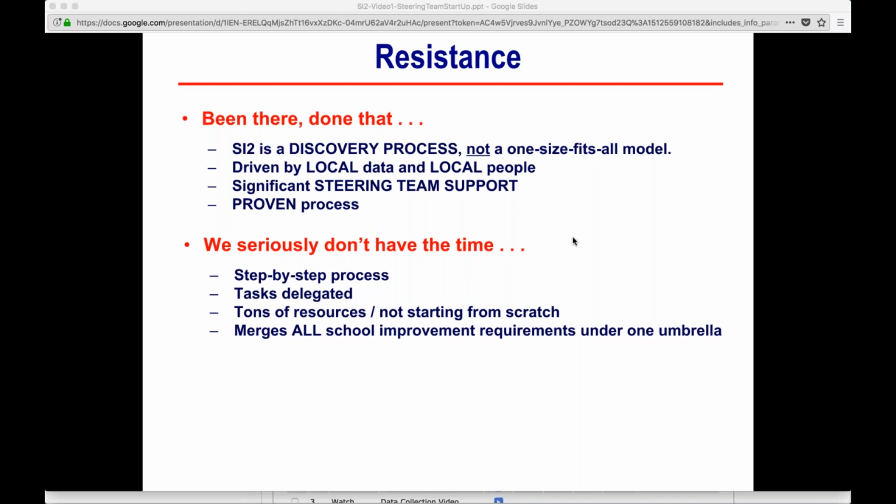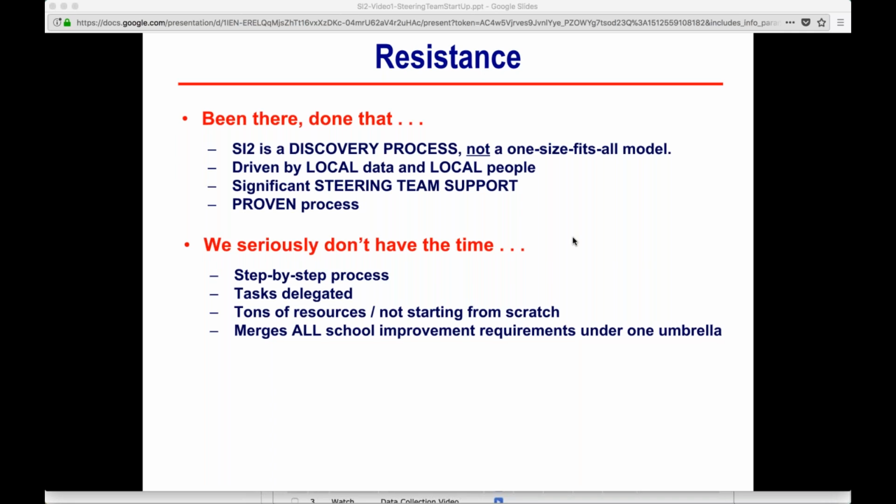You'll also hear, we don't have time. And if I hear that once a day, I hear it 40 times a day, and it's not just from the people that we deal with at ASA. It's every walk of life. You may not have the time, but you may want to carve out that time for this, because in the long run, it will save you time.